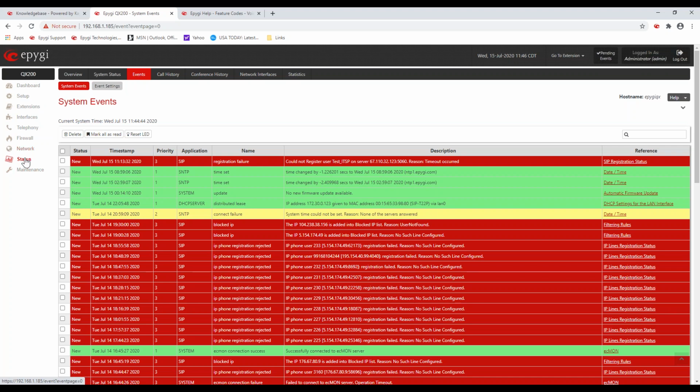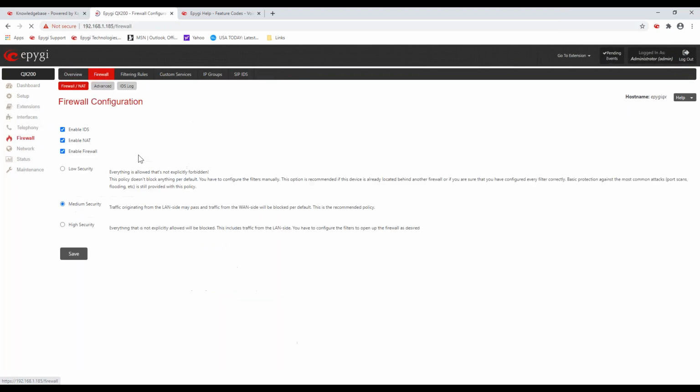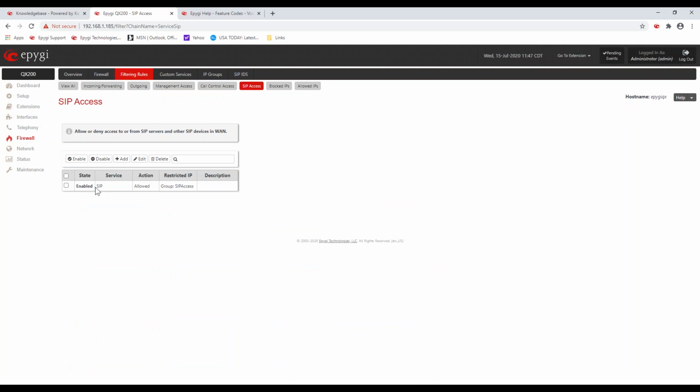So let's take a look at the firewall settings just real quickly. Let's see what that's all about. So if we go to the firewall, you can see it's enabled. It's set to medium, and that's good. You look at the filtering rules, and in here you can specify under SIP access. You can specify, and I do recommend this, and we're going to talk about this in an upcoming series or webinar,